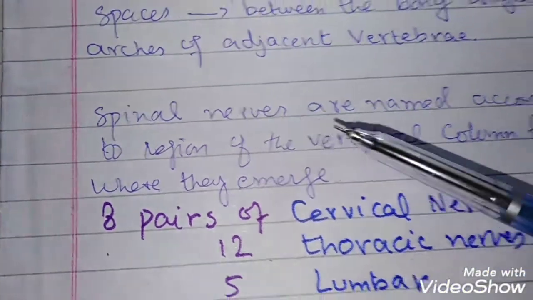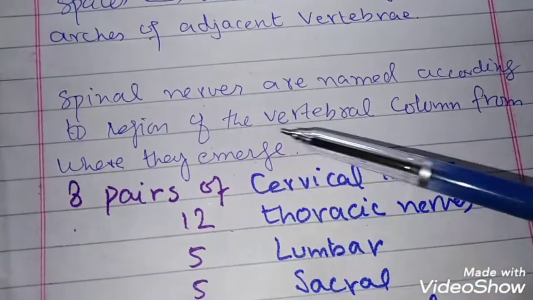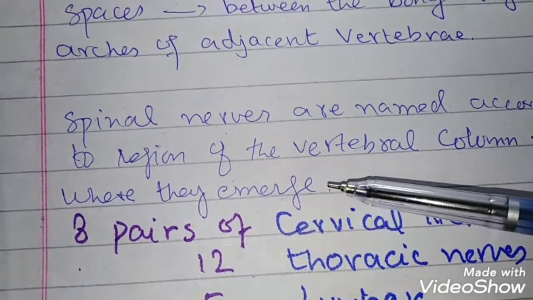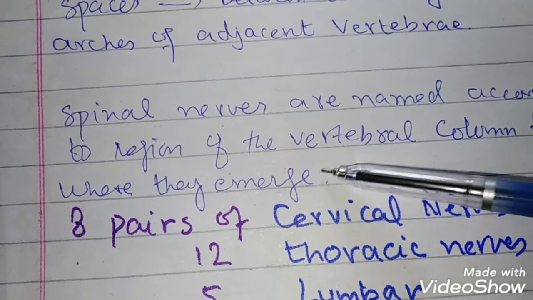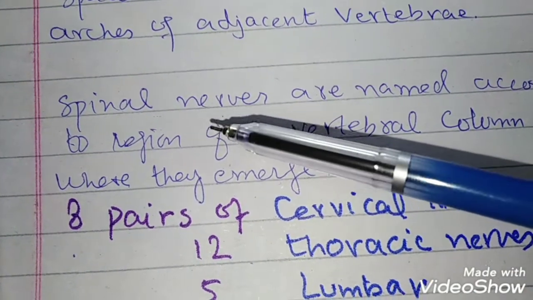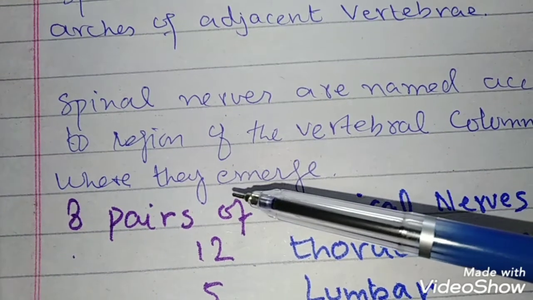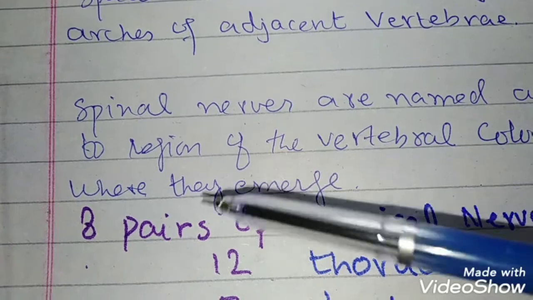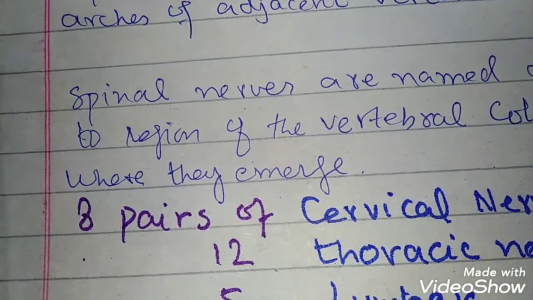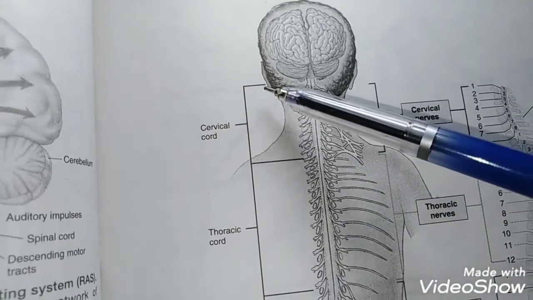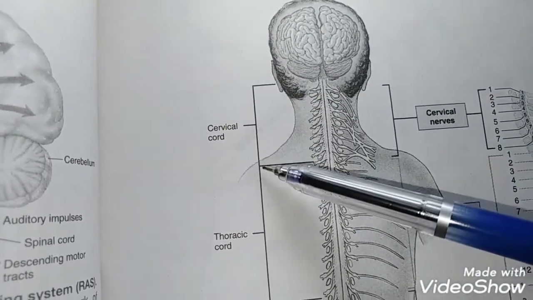Spinal nerves are named according to the region of the vertebral column from where they emerge, and the vertebral column is divided into the following regions. The regions into which the spinal cord is divided are, first, the cervical cord,